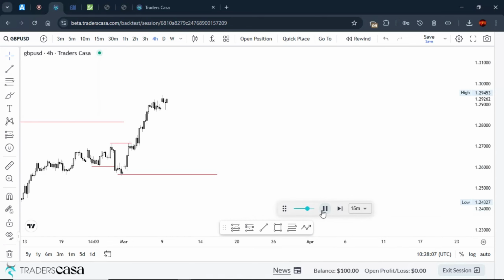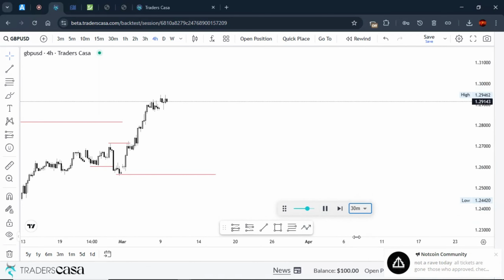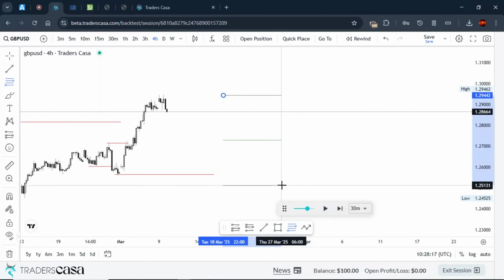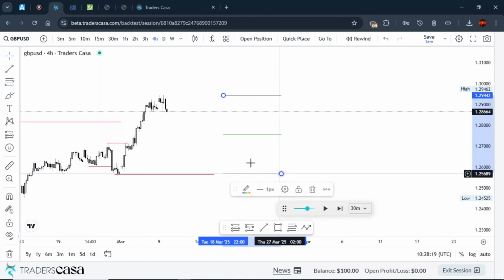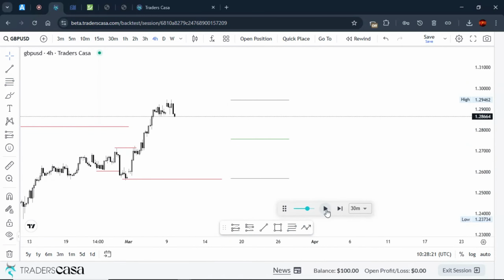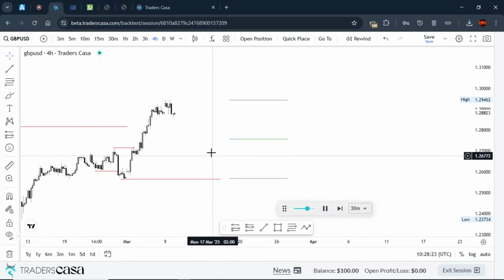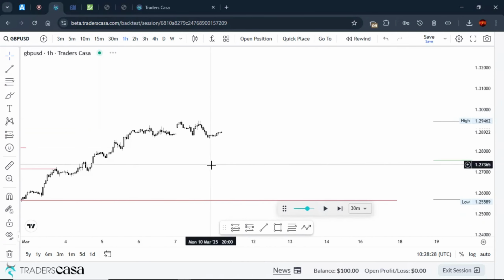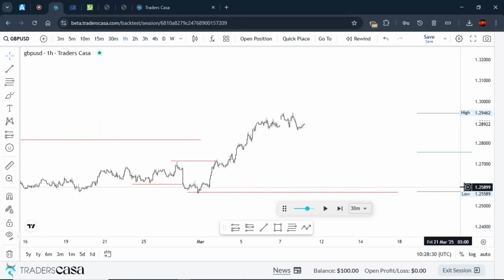Okay, let me increase the pace of this one more time. Okay, so we're starting to get that pullback, right? So we can draw our fib right here, and we'll wait for price to come into our discount zone before we can look for any buy opportunities. Meanwhile, we could take short positions. We could take sell positions into that zone,